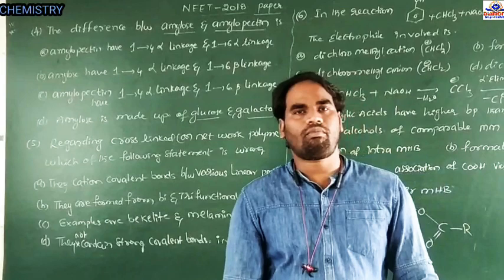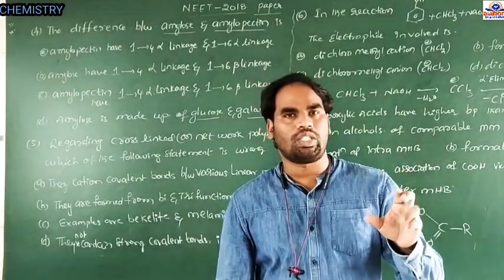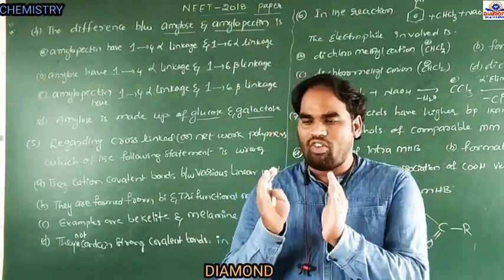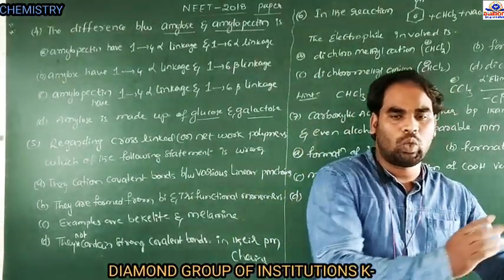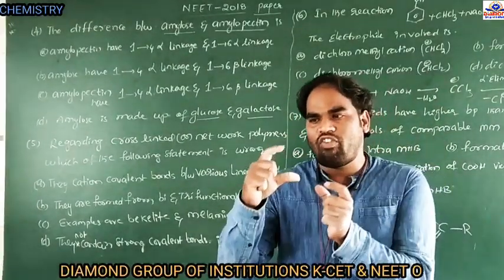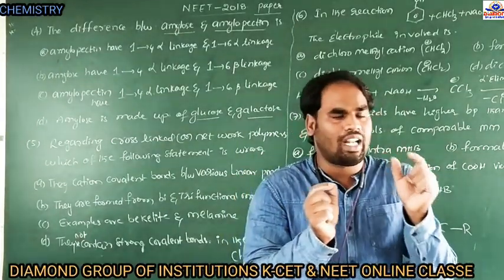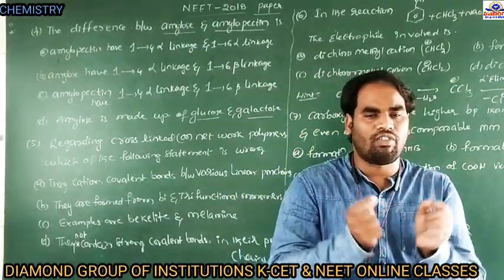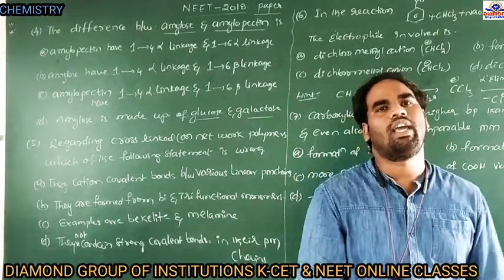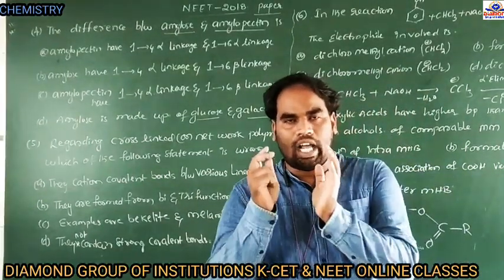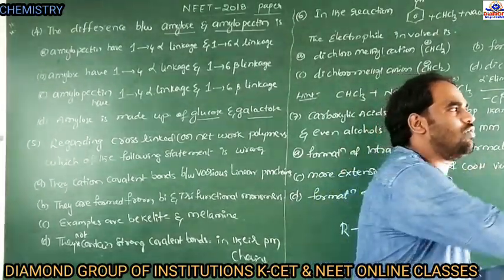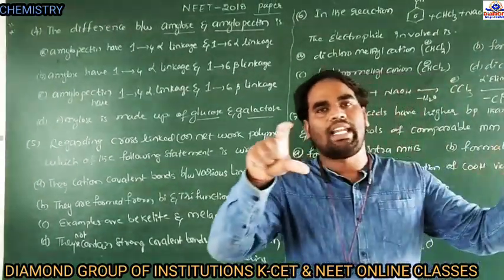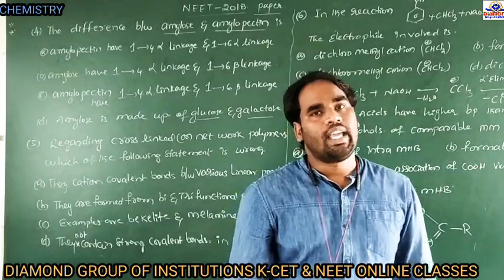Third one, amylose. In the amylose part, alpha D glucose and another alpha D glucose are linked through the C1 carbon of one alpha D glucose and the C4 carbon of another, C1 C4, C1 C4 linkage. So alpha D glucose units with C1 C4 linkages form a linear polymer, that is called amylose.